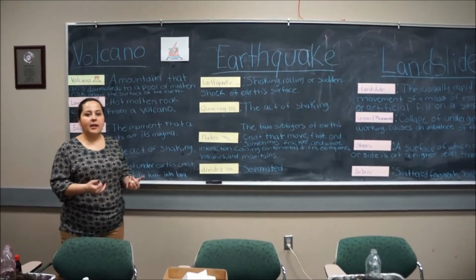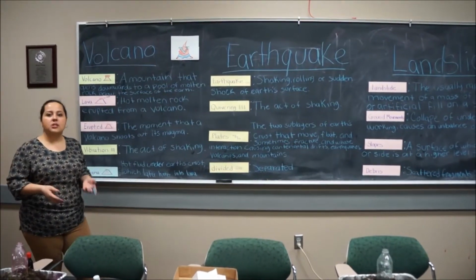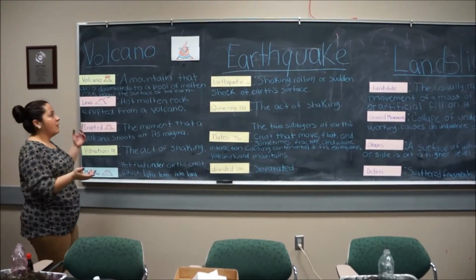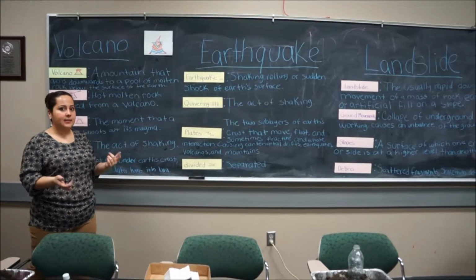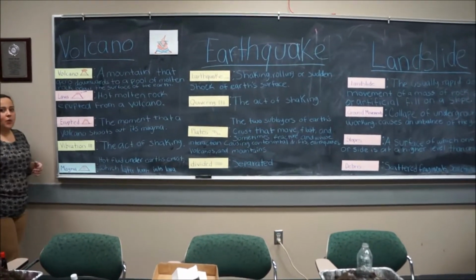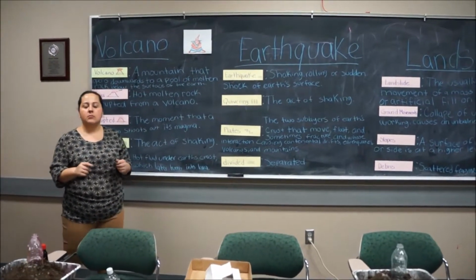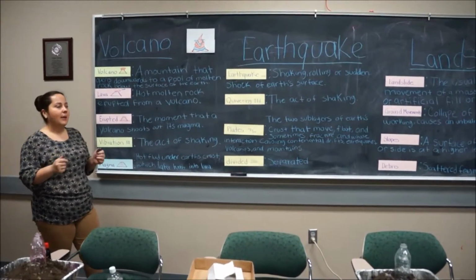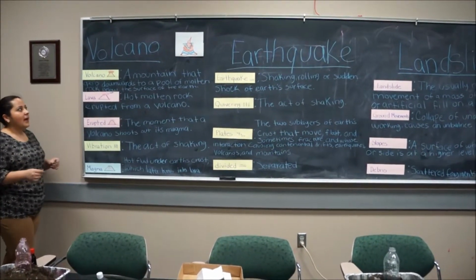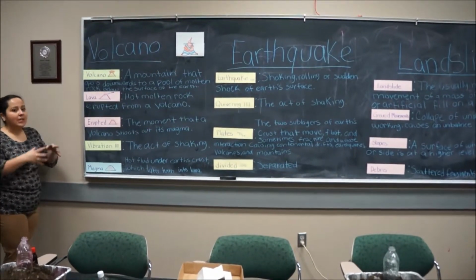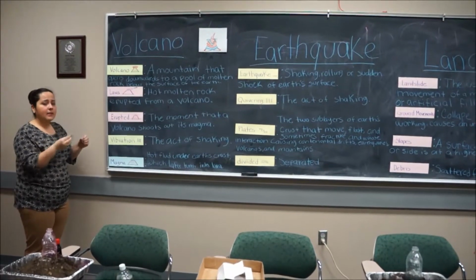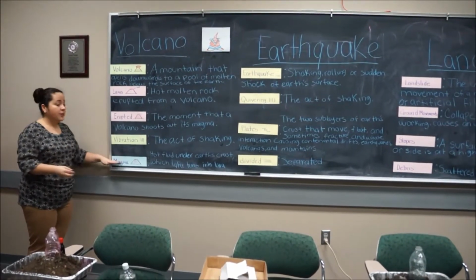Today we're going to be talking about the rapid changes on Earth that cause volcanoes, earthquakes, and landslides. Now, who can tell me what a volcano is? Who knows what a volcano is? Jose? Very good. A volcano does have a mountain. Okay, very good, Jose. Now, a volcano is actually a mountain that is turned upside down. It has an upside down panel, and it is filled with magma.